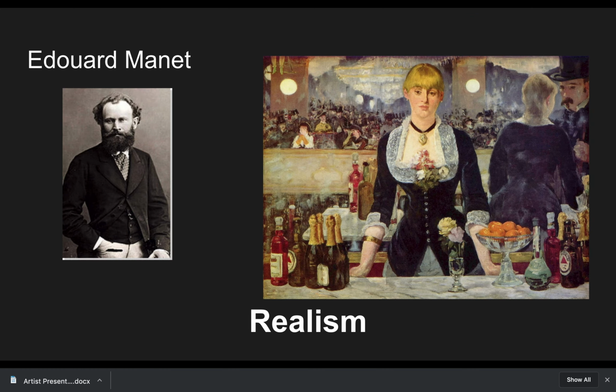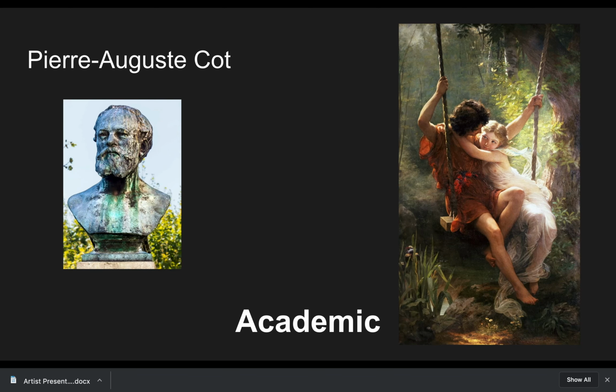Manet, a realist artist, again interested in painting real life and everyday life, not in adorning things, not in trying to hide flaws, but in painting the reality of experience. Pierre-Auguste Cot, one of the most popular academic artists, again known for painting very beautiful fairy tale scenes, but maybe not considered to be the most